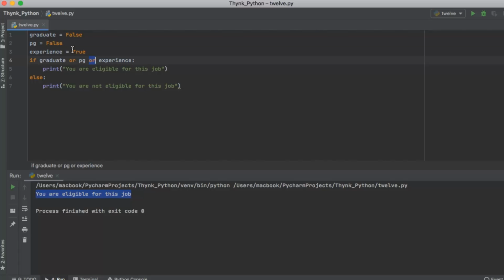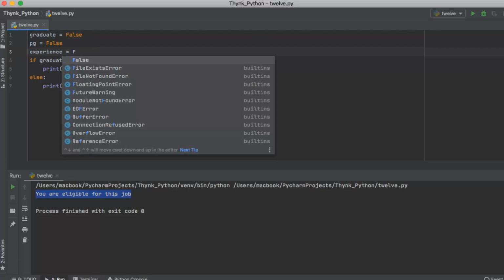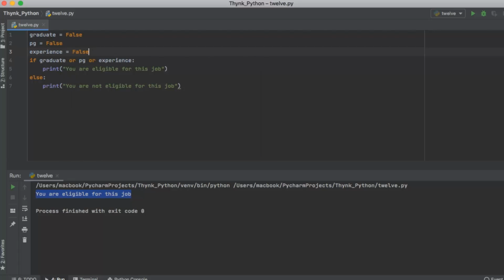Now what would happen if the candidate is not having experience also? So if this condition is also set to false, now if I run the code, the message is you are not eligible for this job, because none of the conditions are satisfied here, right? So this is how we use AND and OR logical operators.